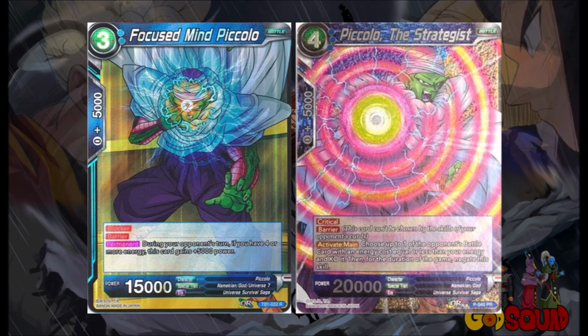And then if you want a little bit more defense, you've got Focused Mind Piccolo from the Tournament of Power theme booster. He's got Barrier and Blocker, and during your opponent's turn, if you have 4 more energy, he gains an additional 5,000 power. So you've got a lot of options for other Piccolo cards you can play in the deck, but ideally, I feel like since the deck is focusing mostly on hand control aspects, you've got the best options in the deck, with the exception of Assimilated Ability, which I did not put in the main deck because I do not own any, and I don't plan on trying to get them to play this deck that way